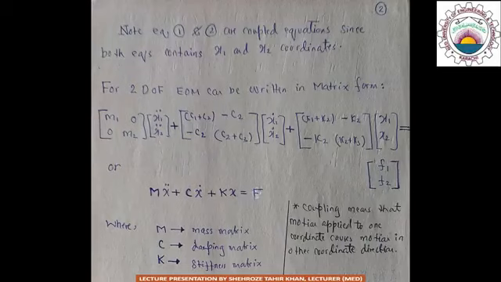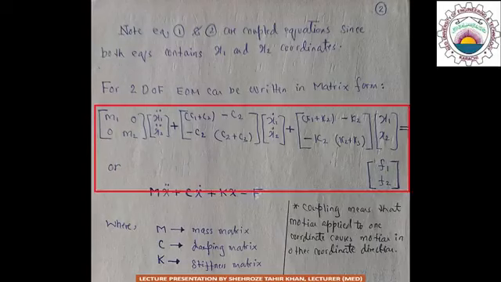So we may also write equations 1 and 2 in the matrix form as follows: [m1 0; 0 m2] into [x1 double dot; x2 double dot] plus [c1 plus c2, minus c2; minus c2, c2 plus c3] into [x1 dot; x2 dot] plus [k1 plus k2, minus k2; minus k2, k2 plus k3] into